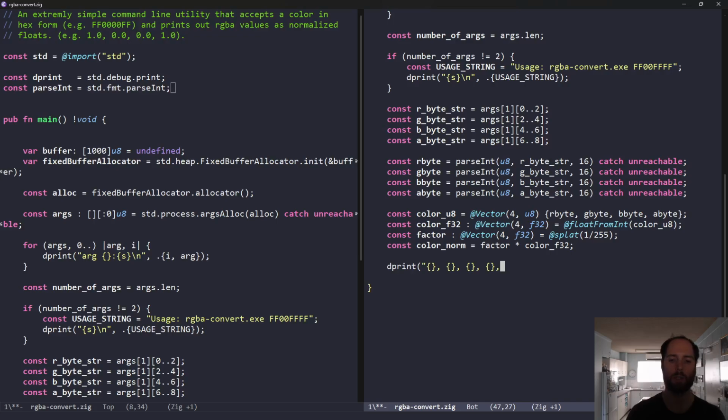I don't want this printing some huge thing, the float printing with a huge number of decimal points. Let's see what it's currently going to print it out as by default. If we do color norm, say like 0,